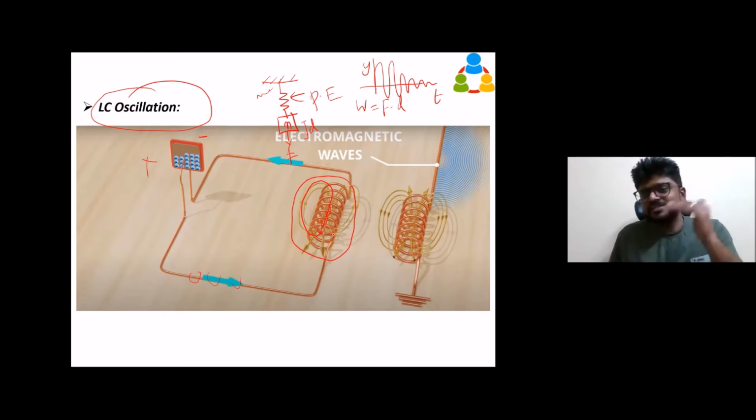So when the magnetic field is increasing, what happens? Anybody? When the magnetic flux linked with the coil increases, what happens? This one is a law told by someone. Guys, last class also we have seen this in our RC circuit. When the magnetic flux linked with the coil increases, what happens?